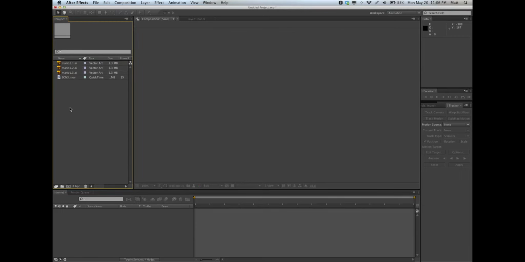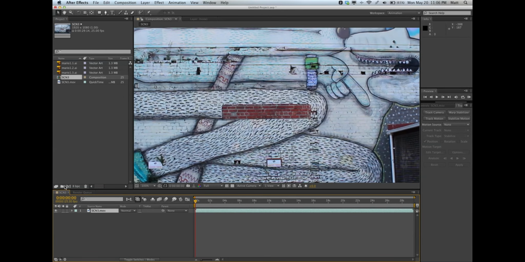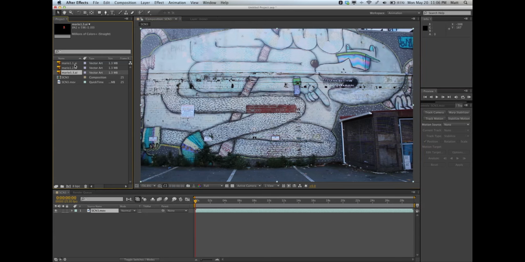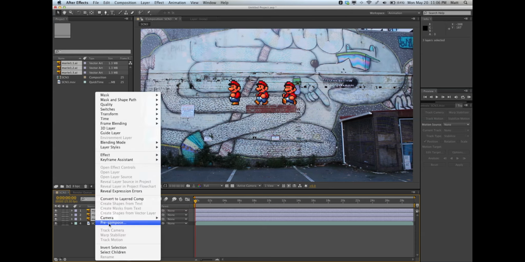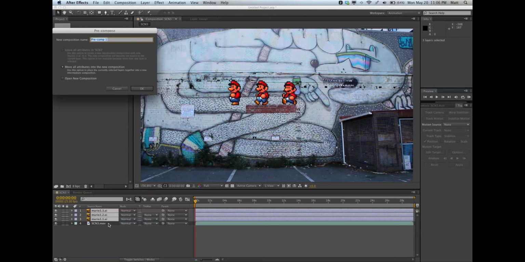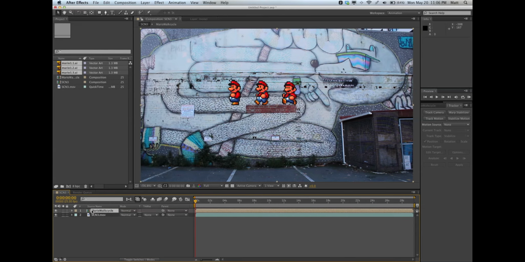Now I'm just going to drag my base footage onto the timeline, which will create a new composition. And I'm just going to drag my 3 sprite files onto there as well. Now, since they're still selected, I'm just going to right click and pre-compose. I'm going to name this Mario Walk Cycle, and this is just going to make a new composition for the walk cycle. Just double click on that and I'll open it up,